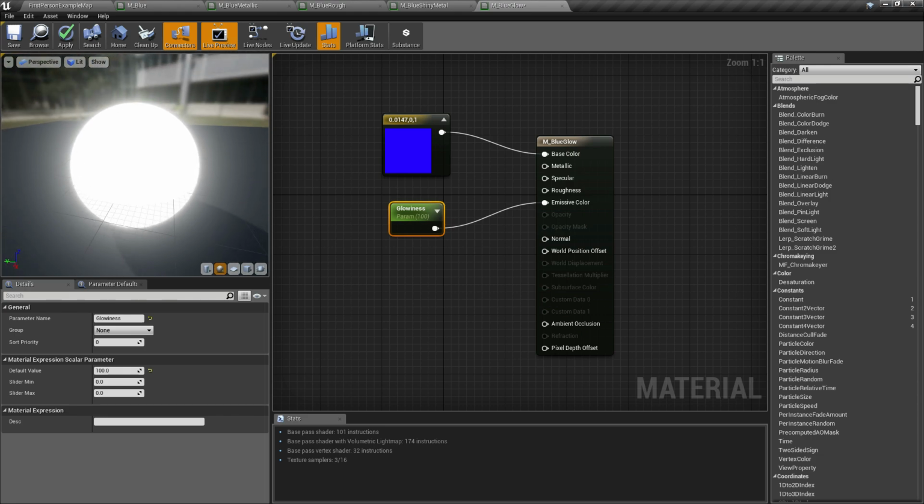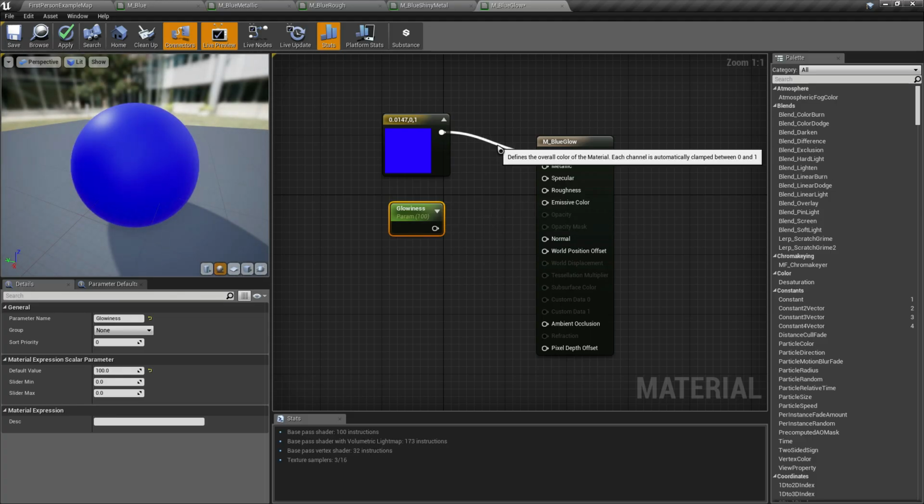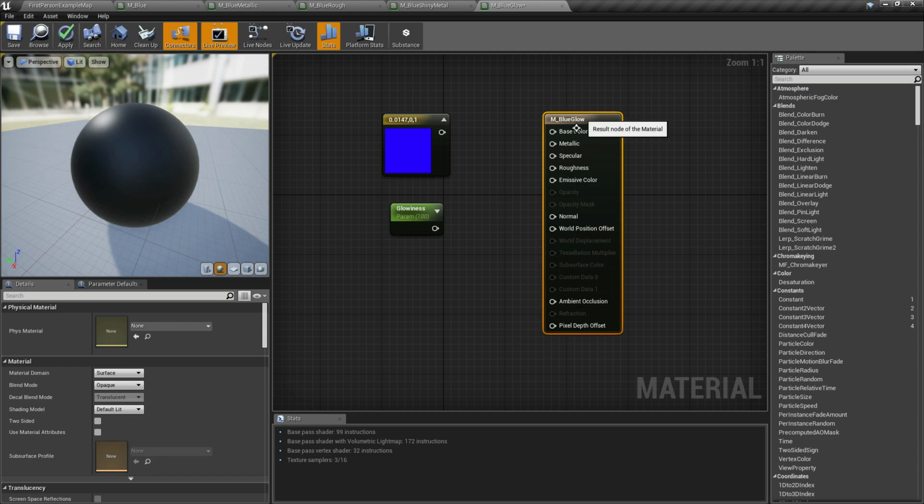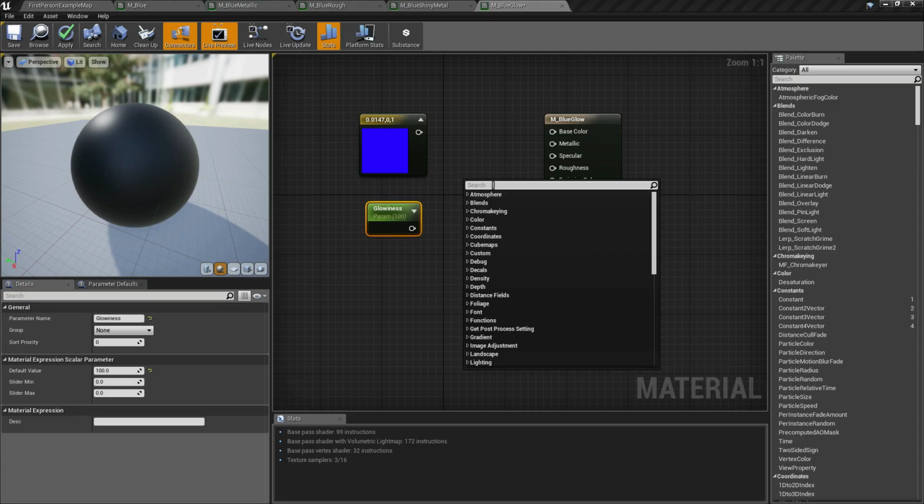But as you can see, the color blue is overwritten by the emissiveness. So we're going to combine the emissiveness and the base color. How are we going to combine these two nodes? We remove the connections to the main node, and we add another node: multiply.